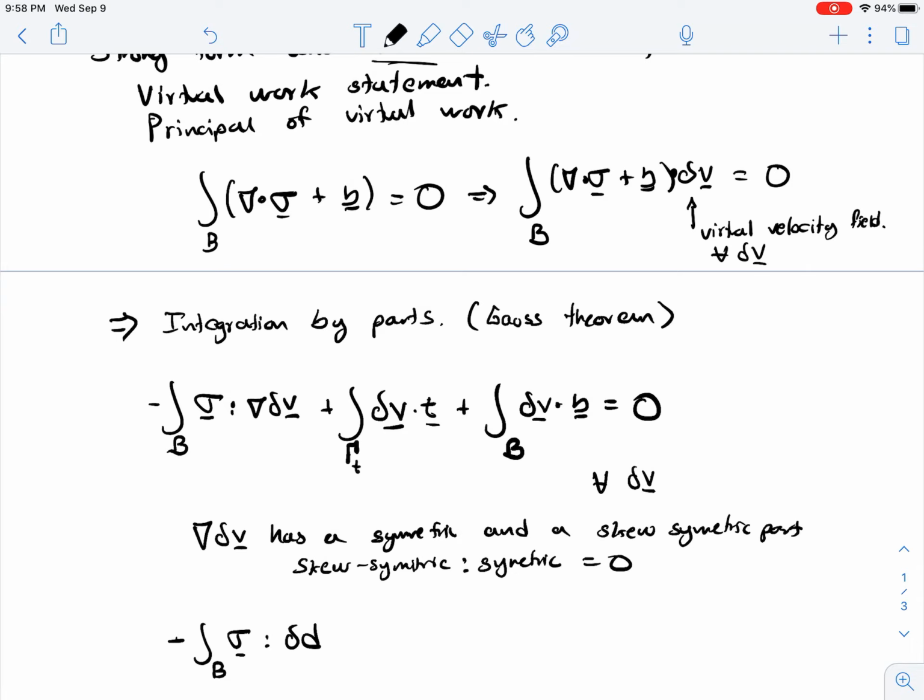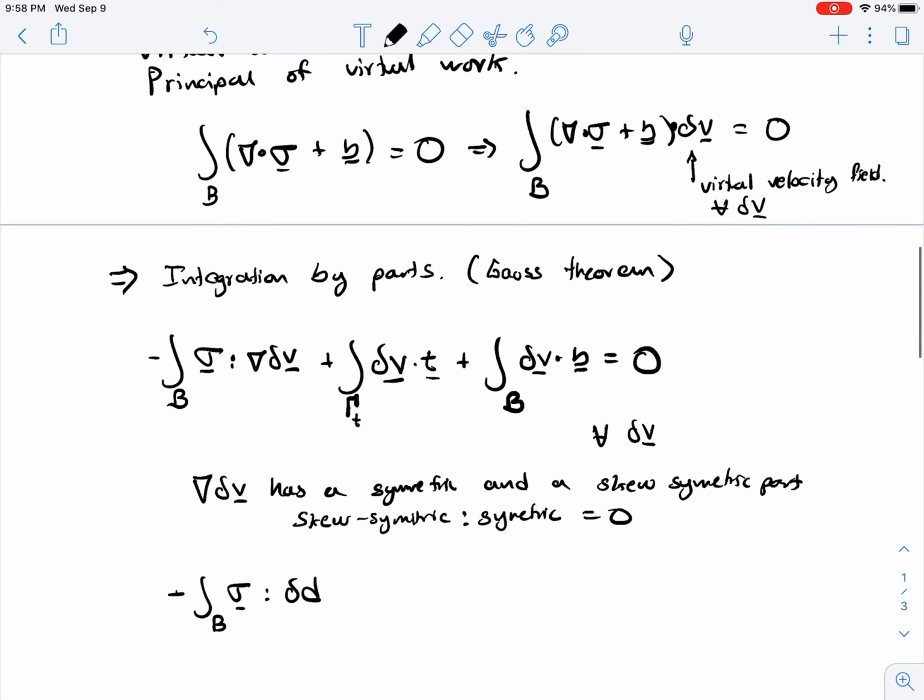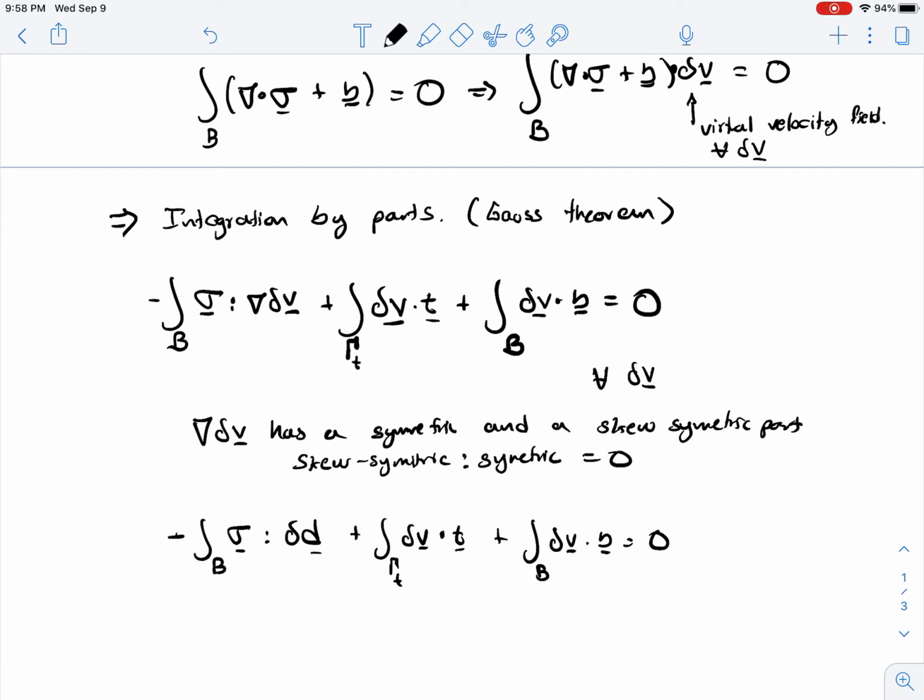this guy. Because if you remember, the gradient of the velocity field was L, which was the spatial gradient of the velocity field that I defined in the last video. And then the symmetric part we called D. And so this is sort of a virtual D, or delta D. And it's sort of like a virtual strain. And that's it. So this is the weak statement, which is essentially